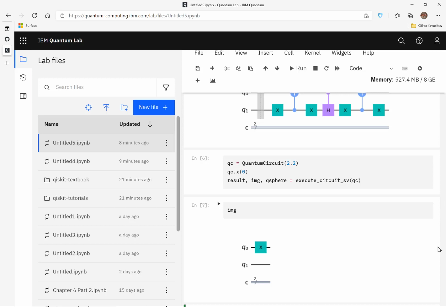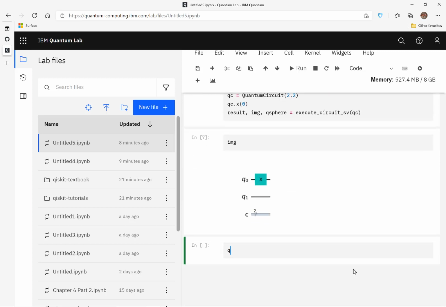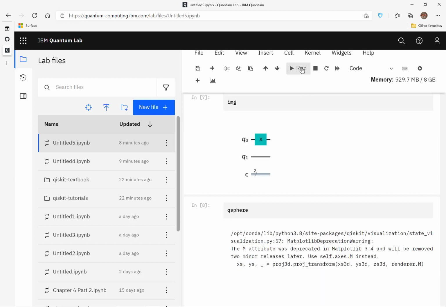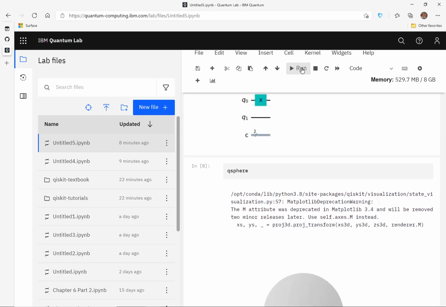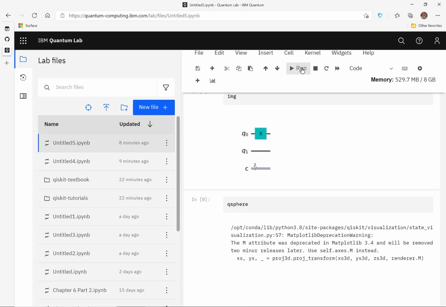But let's check and see. So we'll say QSphere and you see that the qubit is 0, 1, the state is 0, 1 rather than 1, 0. And the reason is that in the quantum computer, you read the states from the bottom up. So that's the first thing to keep in mind